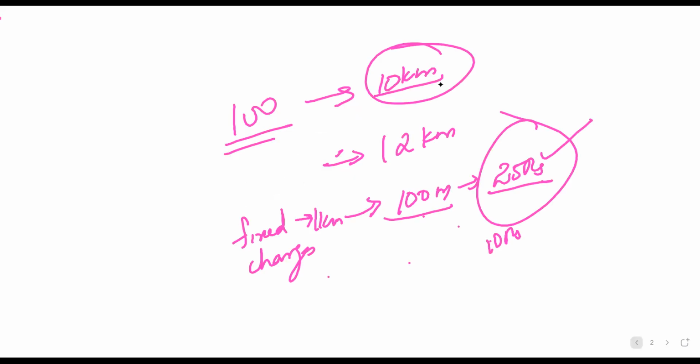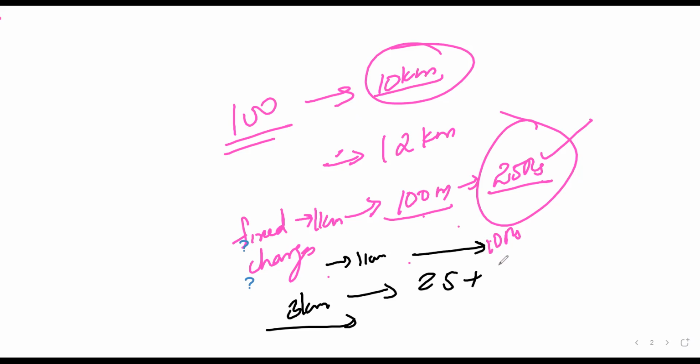So one more doubt Arathi had is, okay, fixed charges, for 1 kilometer we have to give 25 rupees. The thing is that extra kilometers are there, right? For example, if I want to travel 3 kilometers, for the first kilometer the auto guy will charge us 25 rupees, correct? And the next kilometer, he'll charge only 10 rupees, not 25 rupees. Then for the next kilometer, another 10 rupees. That is called kilometer charges. One is a fixed charge, in the sense that if you enter an auto or a cab or a taxi, the minimum charge is this.